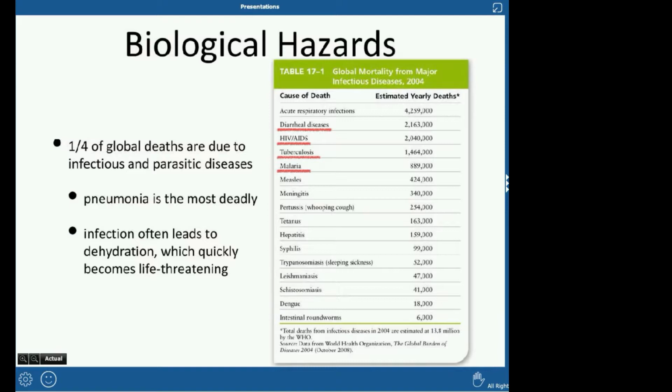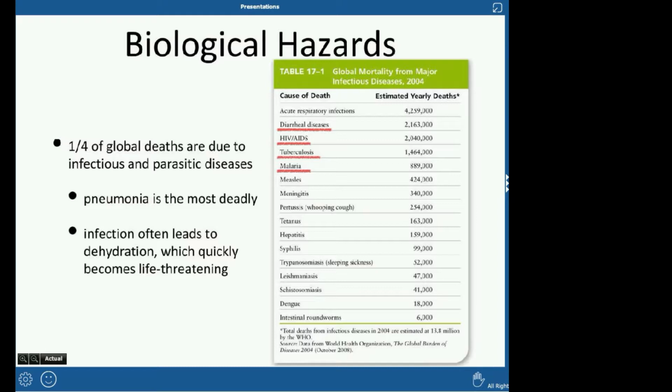The problem is a lot of times infections lead to dehydration, whether because you're going to the bathroom a lot, because you're throwing up, or because you don't feel well and you don't want to drink. And being dehydrated can quickly become life-threatening. With kids, they say it's really important to give them as many liquids as possible. They really worry about how many diapers they're putting out, because dehydration can be so dangerous so quickly, especially with small people, since they don't have that much liquid to begin with.